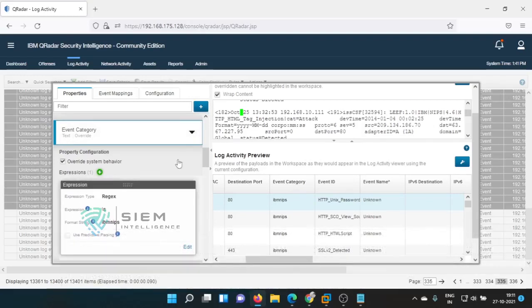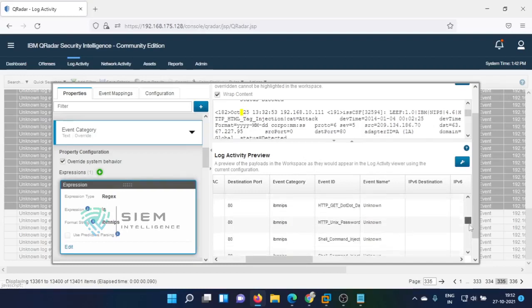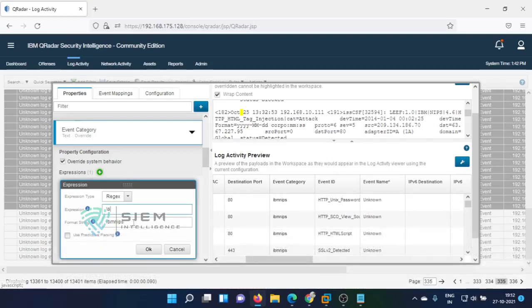So we will create that. First I picked up some NIPS. Just understand the scenario: I am picking something, and it's not mandatory what my expression is. For the event category only, I am not picking anything. I am picking one space, but the format string I am giving as IBM NIPS. Why? This category comes under IBM NIPS. There may be a space or whatever, I am picking it, but the category should be something like IBM. You can give anything here; you can give only NIPS also. From here onwards, the event category will be NIPS only.